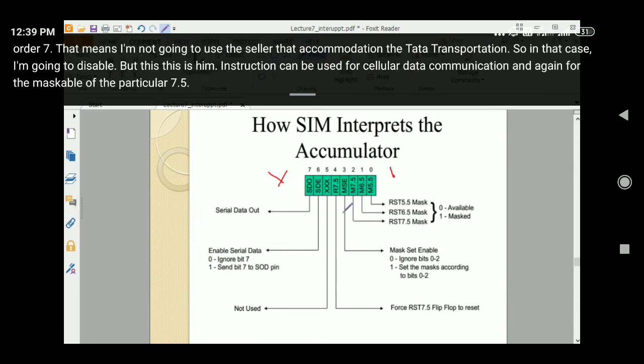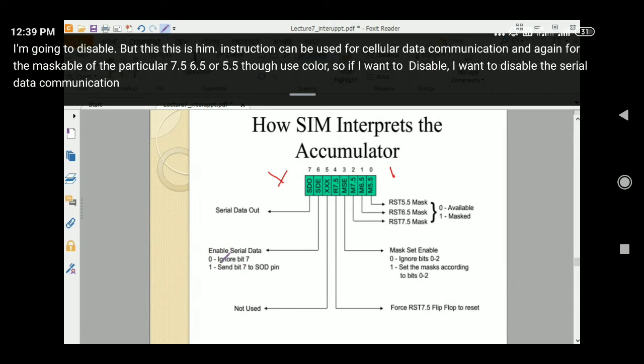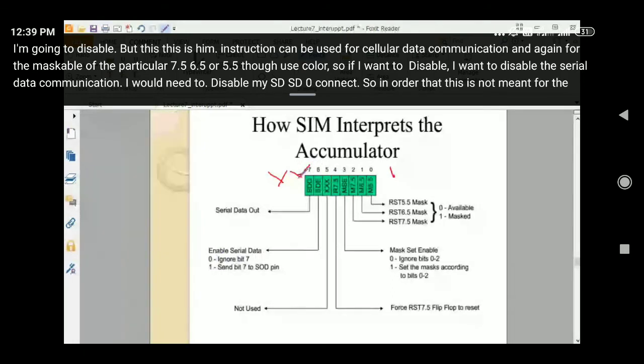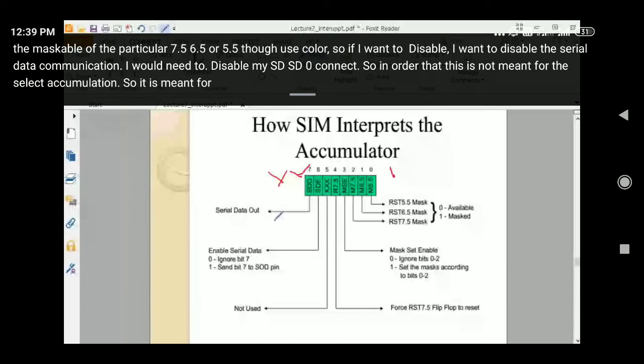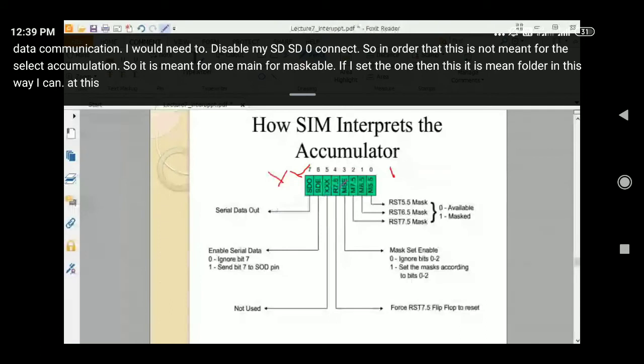If I want to disable the serial data communication, I need to set my SDE to 0, ignoring the bit 7, so that it is not meant for serial communication. It is meant for masking. If I set it to one, then it is meant for serial communication. In this way, I can have these two functions simultaneously by using this SIM instruction.